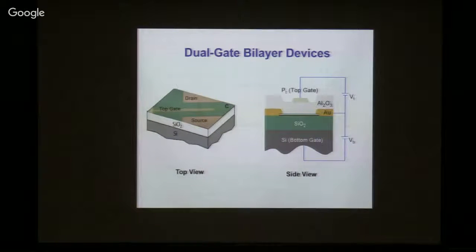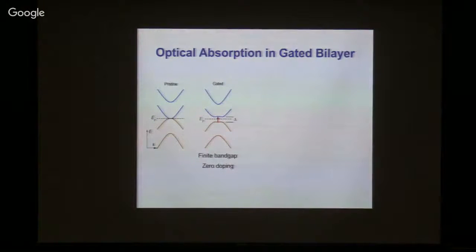You have a piece of graphene here, and you have a top gate where by applying the voltage between top gate and graphene, you can think of this as a capacitor, so you can control the field above graphene. And when you apply a gate voltage between silicon and bilayer graphene, then you can control the field below the graphene. So once you have this control, basically you can create a band gap or change the doping. Let's focus on the case where we keep the doping to be 0, but just open up a finite band gap by applying larger and larger electric field.